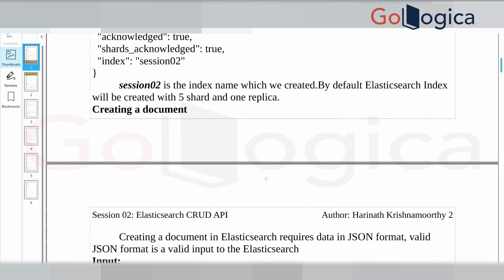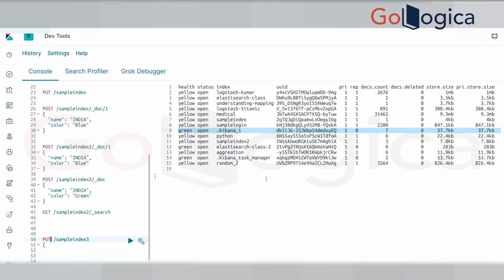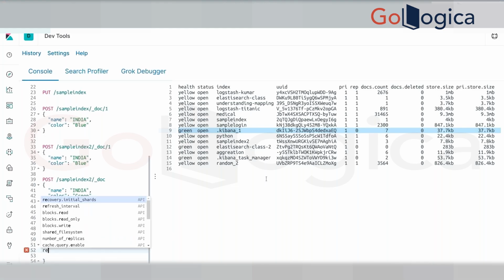Yeah, I need to use something for settings. Slash settings. Now I'm going for the configuration mode. If I type something called index or replication itself,